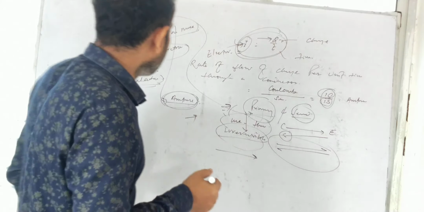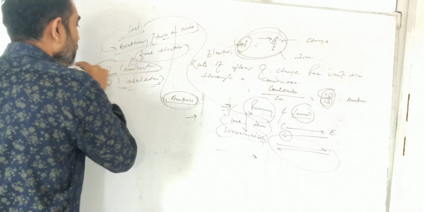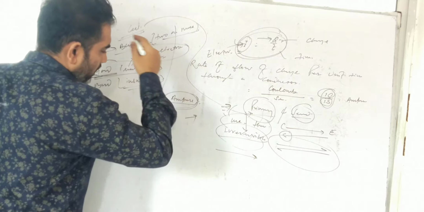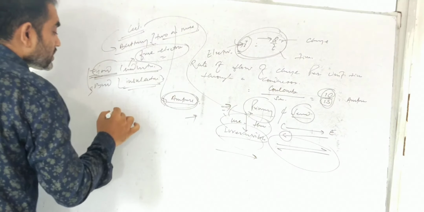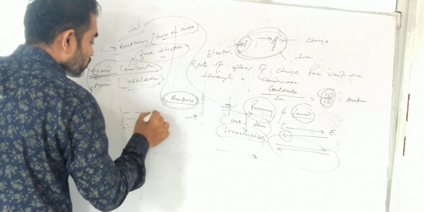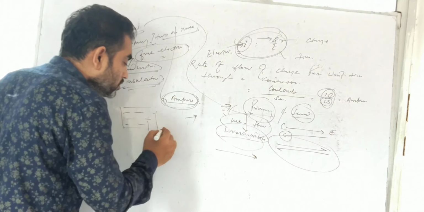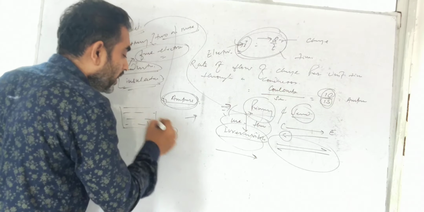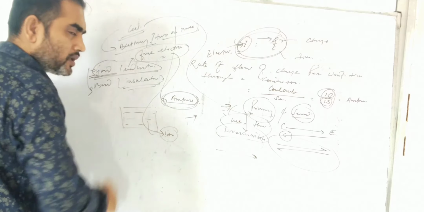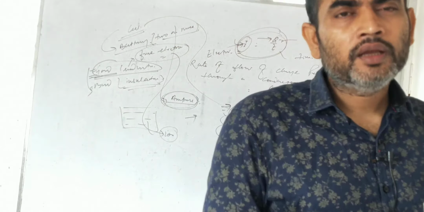Every substance that conducts electricity in the metallic state or in the solid state must have free electrons. And electricity also passes through an electrolyte, a chemical solution, but that is due to the presence of ions. So electricity mainly flows due to only two things: either the presence of ions or the presence of free electrons.